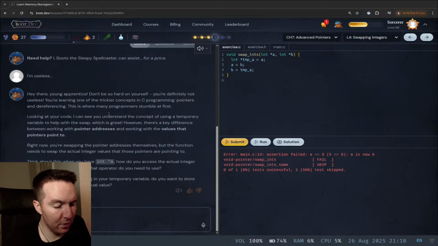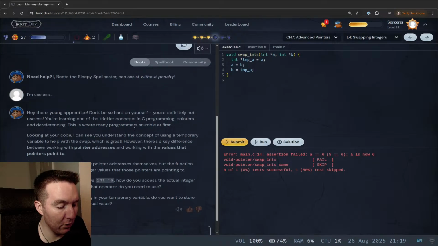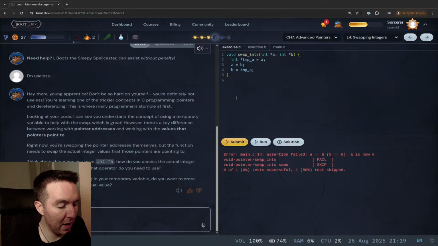Looking at your code, I can see you understand the concept of using a temporary variable to help with the swap, which is great. However, there's a key difference between working with pointer addresses and working with the values that the pointer points to. Right now, you're swapping the pointer addresses themselves, but the function needs to swap the actual integer values that those pointers point to. Think about this. When you have int pointer A, how do you access the actual integer value A is pointing to, what operator do you need to use, and is it the